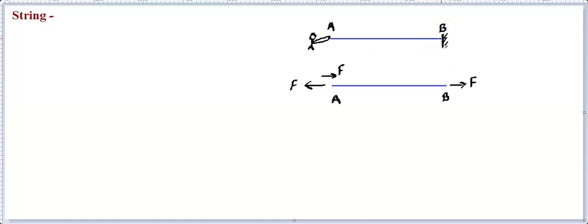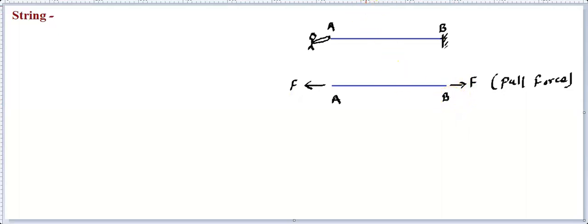If this wall is not there, then you'll find as you pull it, this entire portion will start moving in the forward direction. So this wall is basically preventing this particle of this string to move forward. Hence, it is applying force like this. Anyway, what is important for us to know is that this force is going to act like this. So we call them pull efforts or pull force. So in a string, there is a pull force. Moreover, this string is having pull force at all the locations having the same value.